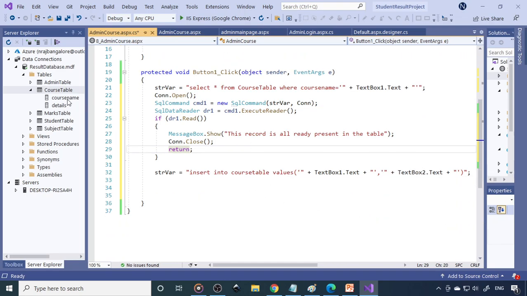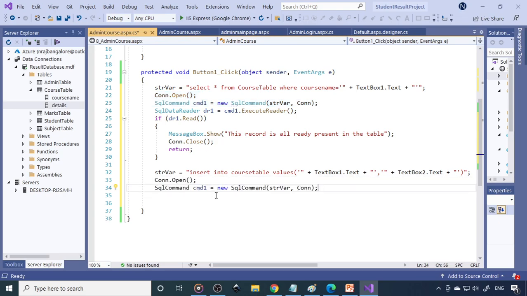So there are two columns here, course name, this is the course name, details, here is the details, right? Now we can copy this code. Okay, so up to this is okay. Connection, again you need to open the connection here, and we want to execute this, so therefore I can use cmd to execute this command. Now you can say cmd2.ExecuteNonQuery, because this is not a query, this is an insert statement, therefore you need to execute the non-query.